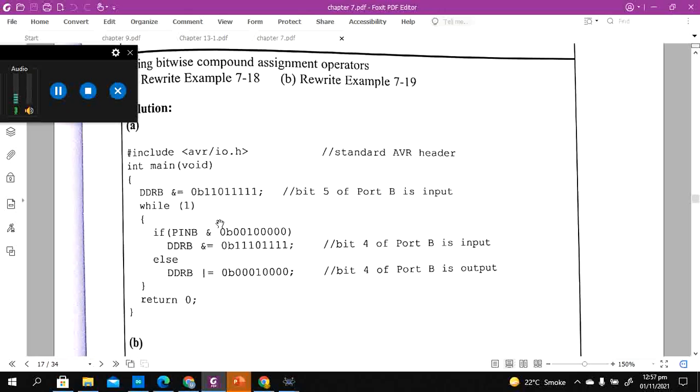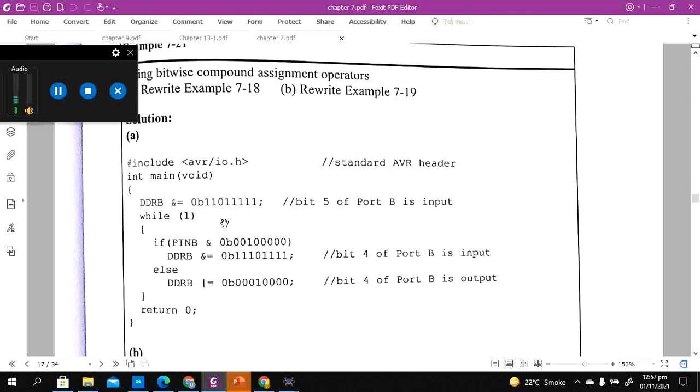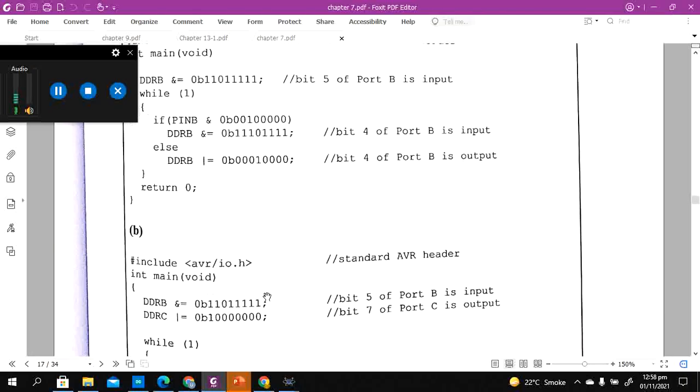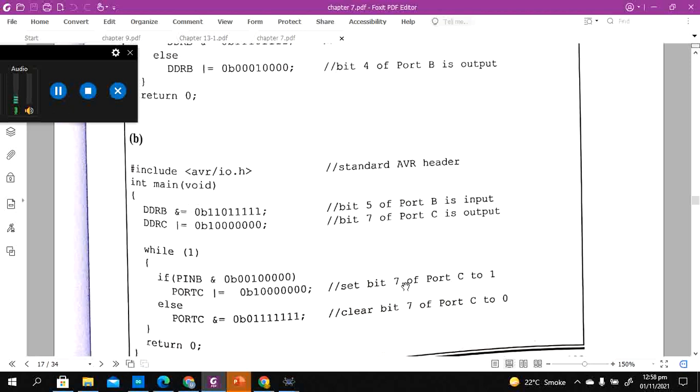You can run these examples; this is doing a similar thing, and this is now writing things smartly: DDRB equal to 0b11011111. Previously we were writing DDRB equal to DDRB and the mask value. So you can write it comprehensively because now you are a smart programmer and you know how to write in shorthand, and you know the meaning of the shorthand. Basically these are the same things, but written with more experience, so that when you write bigger code it becomes easier for you to code.